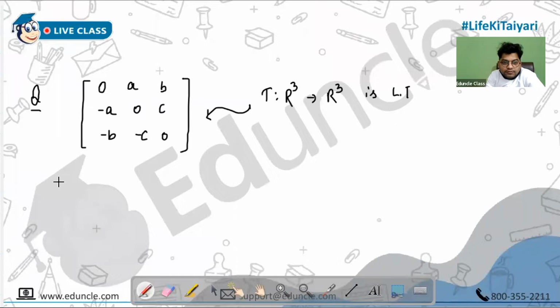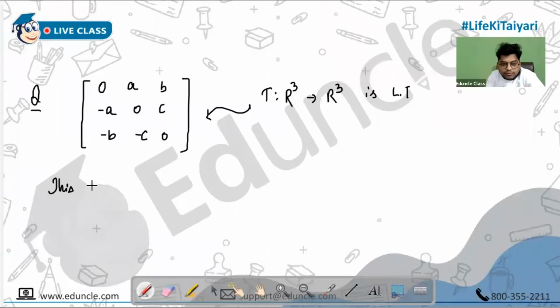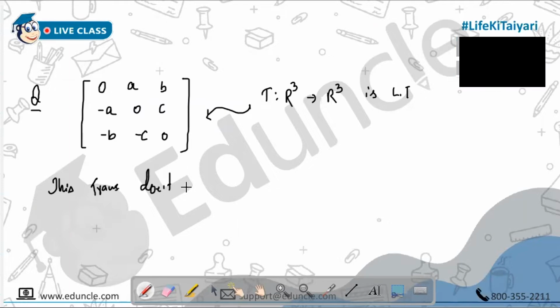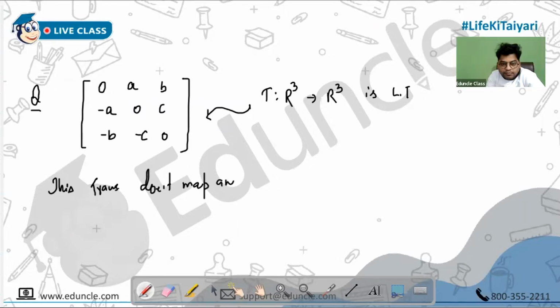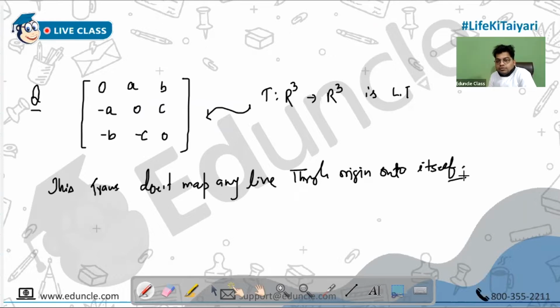So the question was this map does not map any line through the origin onto itself. Okay, I understood. This transformation does not map any line through origin onto itself. Okay, okay. So, student, first of all, if you have any problem of linear transformation